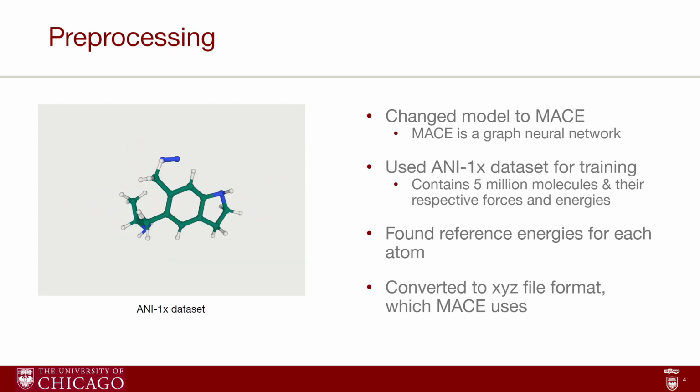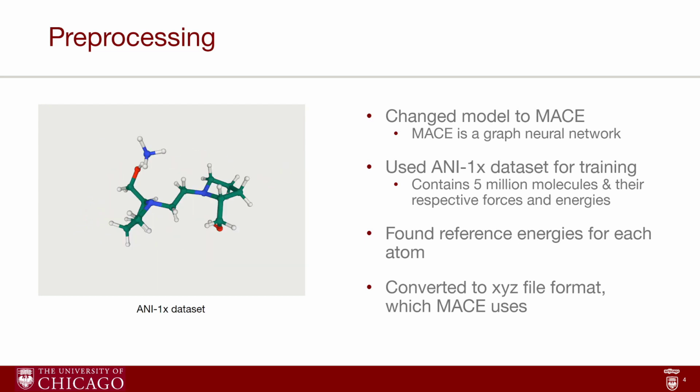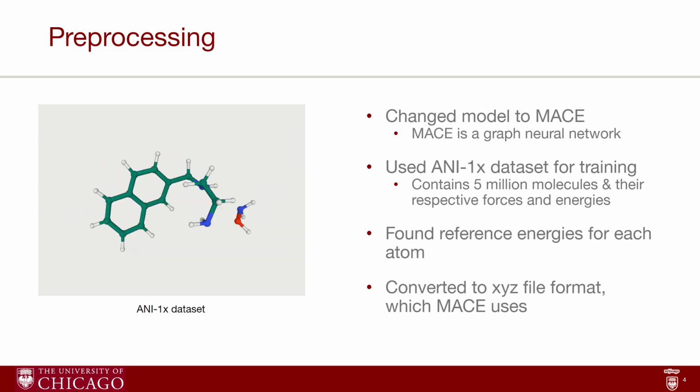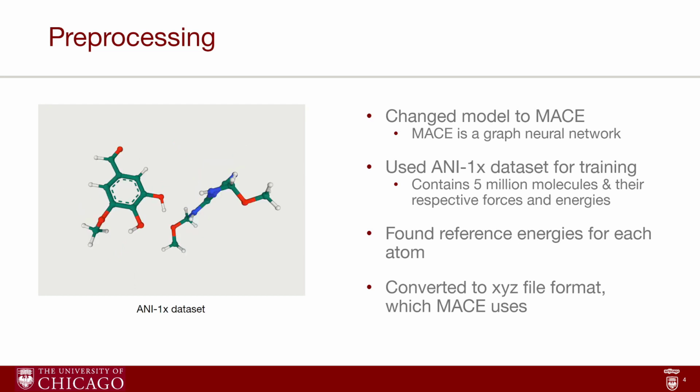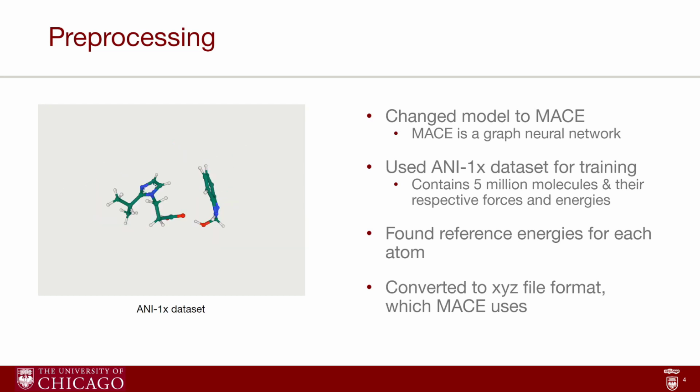Just like with SchNet, I used the ANI-1x dataset for training, which contains 5 million molecules and their respective energy and forces. One of the pre-processing steps needed was to find the energies for each type of atom, which are also called the reference energies, by using a linear regression on the entire dataset. MACE subtracts these reference energies from the total energy of the molecule to get a target energy value that is used for training. The other pre-processing step was to convert the dataset from .h5 to .xyz, which is the